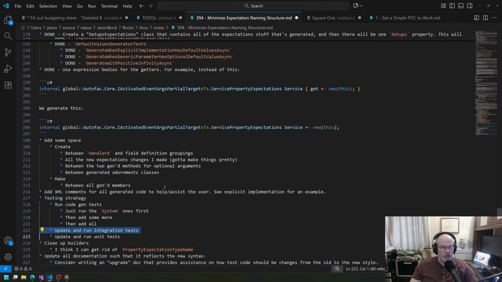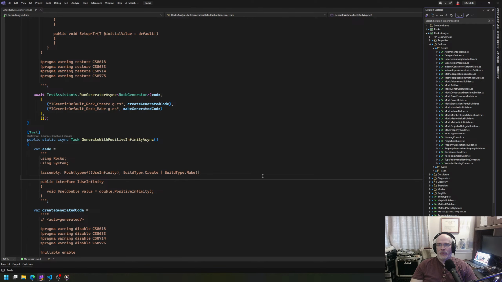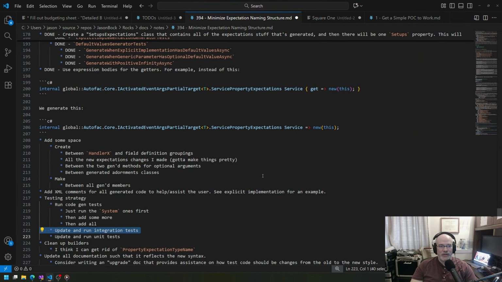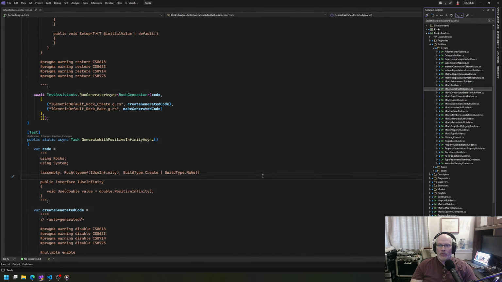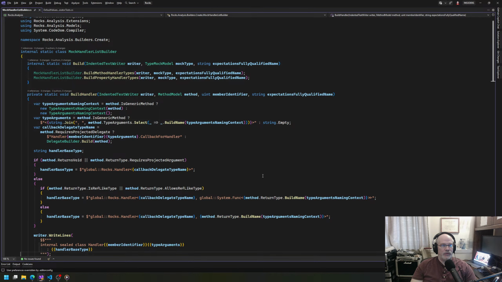All right, so first thing, let's go look at some of these space issues. Again, this doesn't affect the code. It's a pretty thing. But in case I'm looking at the code, it would be nice if it looked a little bit decent-ish. So when I create all the handlers, this is what I was complaining about